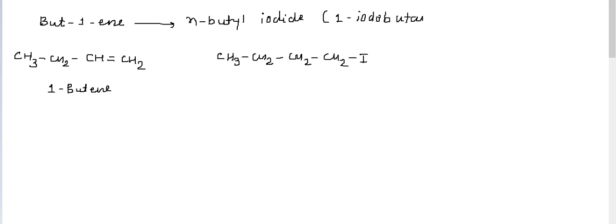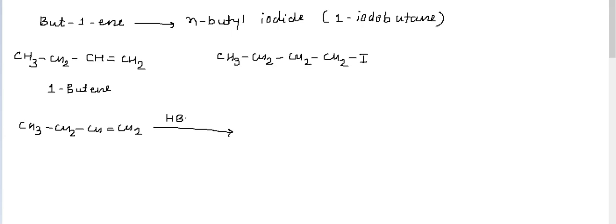1-iodobutane. Okay, this is 1-iodobutane. Now we have to do this conversion. How can we do that? Now 1-butene, CH3 CH2 CH double bond CH2. Now in the previous problem we have seen, if we want any functional group at the first position, then we